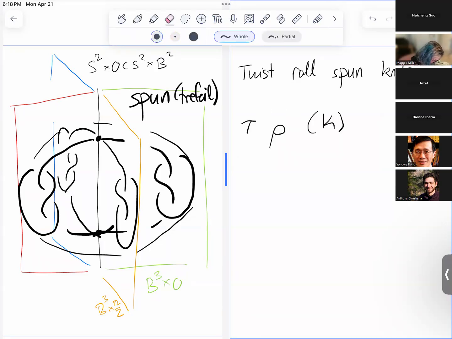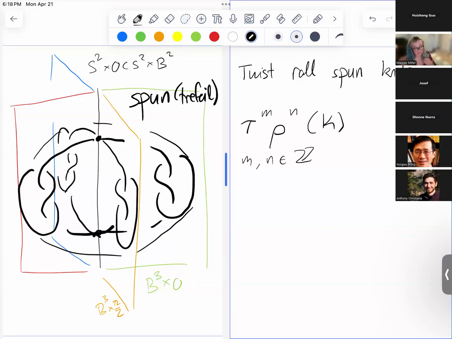Maybe I won't write a box. Maybe I'll just write a number. So tau m, rho n. So here m and n are going to be integers. Before they were just zeros. And then K is still a classical knot in S3. So in words, I would call this the m twist n roll spun knot